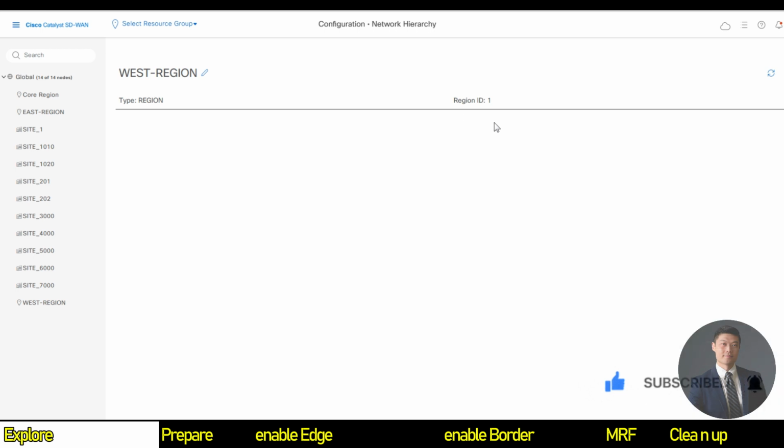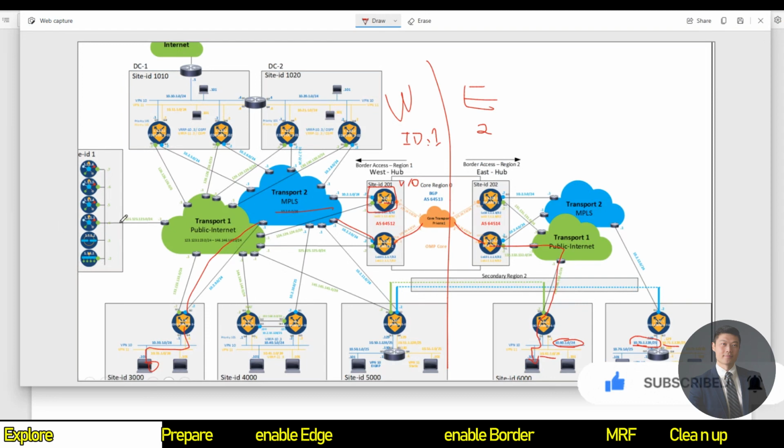In MRF, a vSmart controller is assigned to a specific region. Based on the size of the deployment, the vSmart controller can be dedicated to a region or to a group of regions. In this step, I will have the controllers assigned like this. vSmart controller 1, 1.1.1.3, is dedicated to the west region, which is region 1. Controller 2, 1.1.1.4,